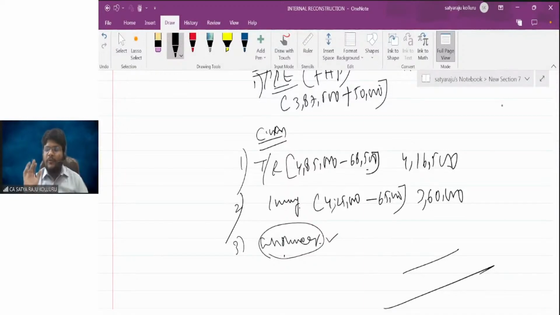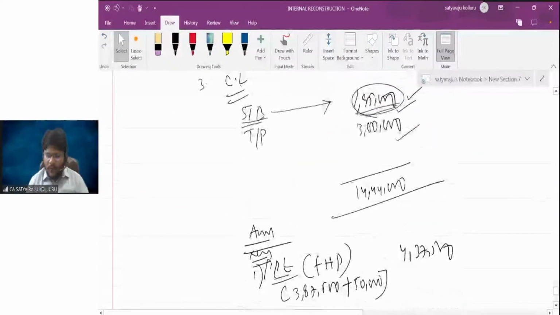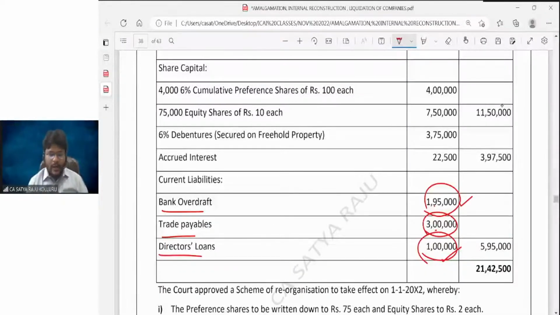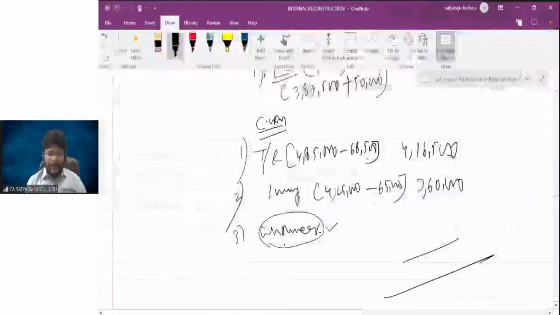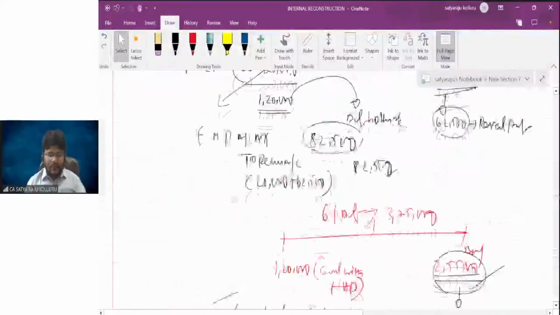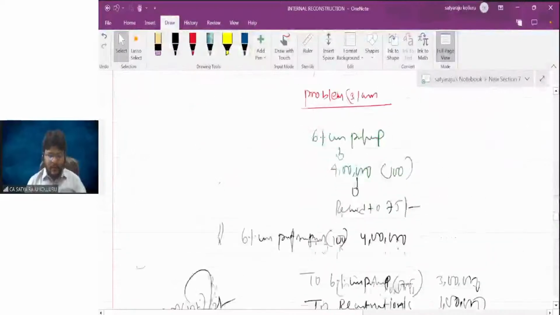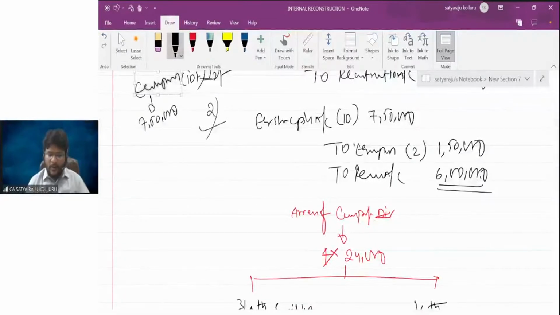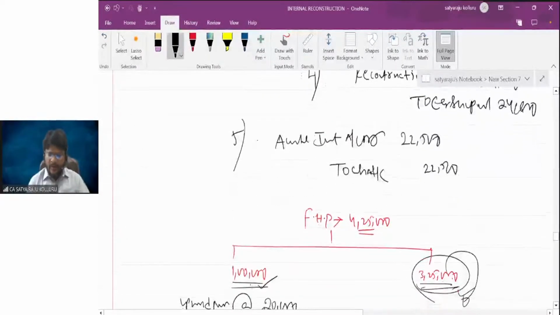Before working out the totals, let us first calculate the total cash availability with the organization. Start with the balance as per bank OD. All of you, please start with your calculator: minus 1,95,000. This is the opening balance; bank OD means minus. Next, come to the journal entries. In the first entry there is no involvement of cash. The second also has no involvement of cash. In the fifth entry, a cash outlay is there.